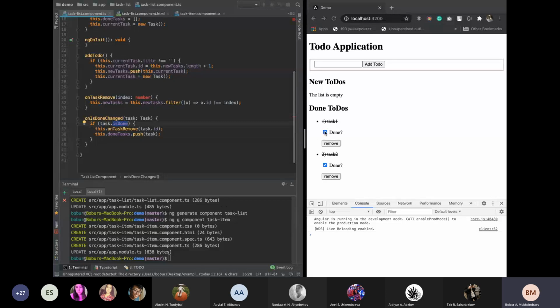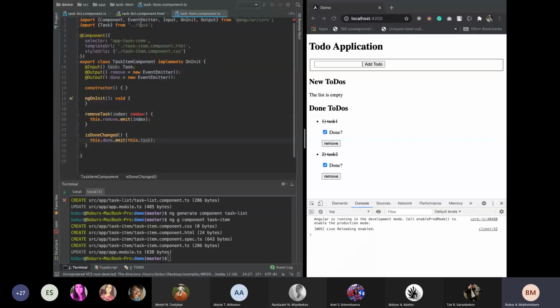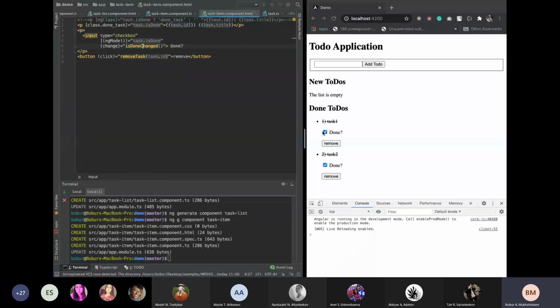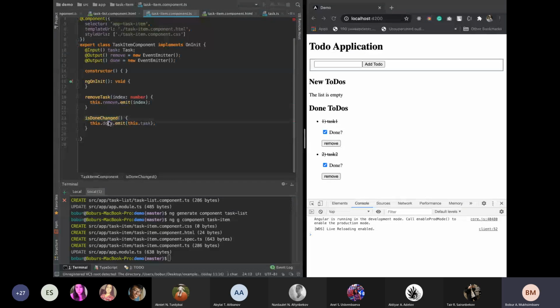So it means even if I'm changing here, this function is called, because when I'm changing any event, it doesn't matter if it's true or false. When I'm changing, I will call this is done change it function inside of the item, and it will go and